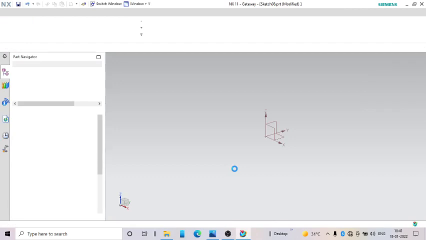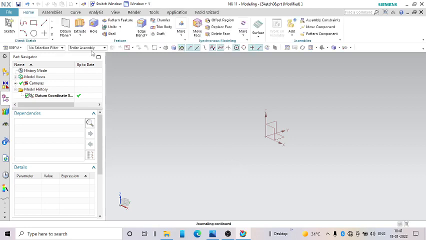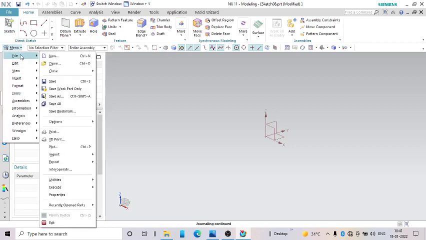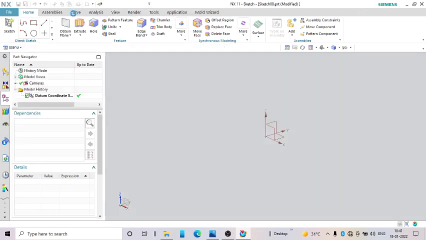Then in this menu, so here you can go and sketch in task environment. You can select this.